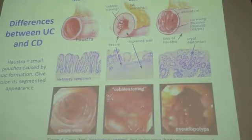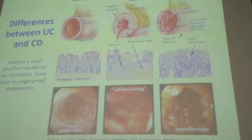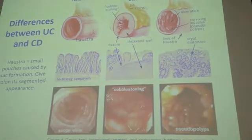Okay, now we move on and look at ulcerative colitis. You do not see a thickening, but you see ulceration and something called pseudopolyps. So let's just go down here and look at these pseudopolyps. If you were a gastroenterologist and you were to do a scope, you would immediately see the difference between a normal intestine and Crohn's disease versus ulcerative colitis, even though the symptoms